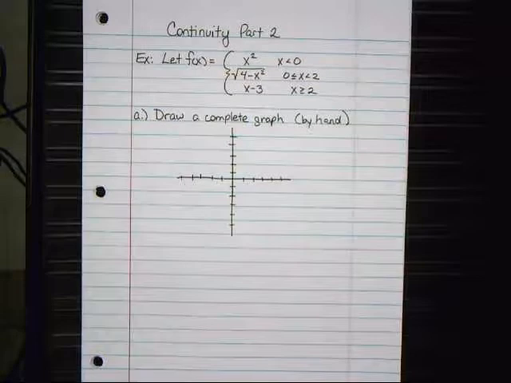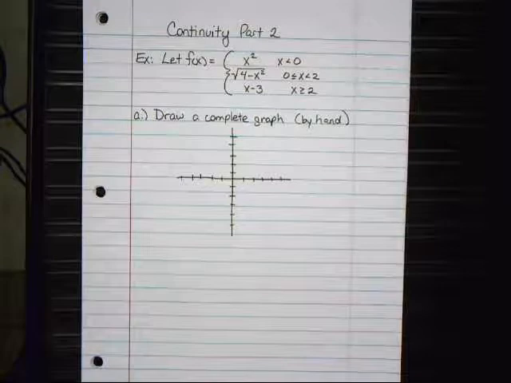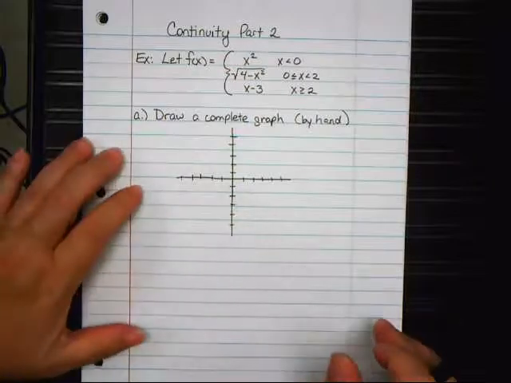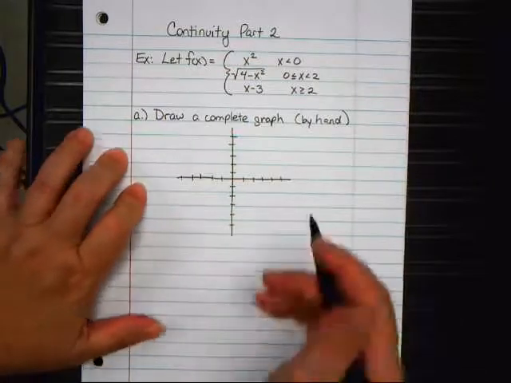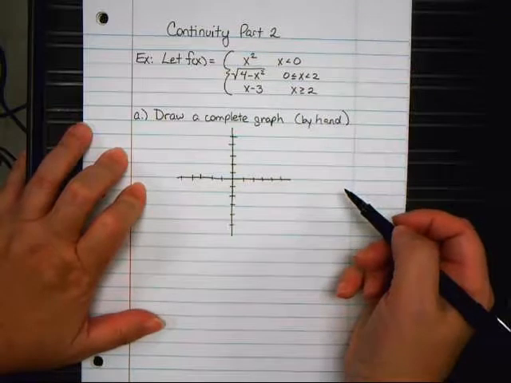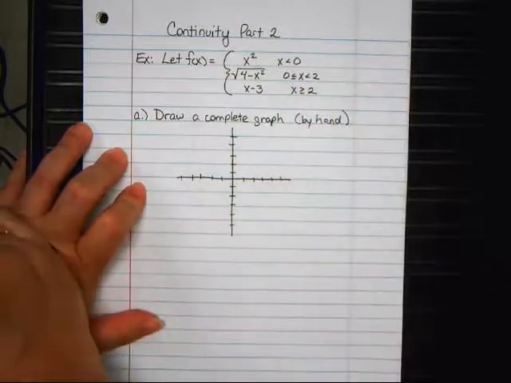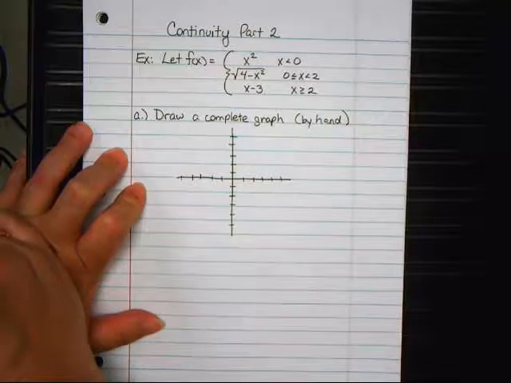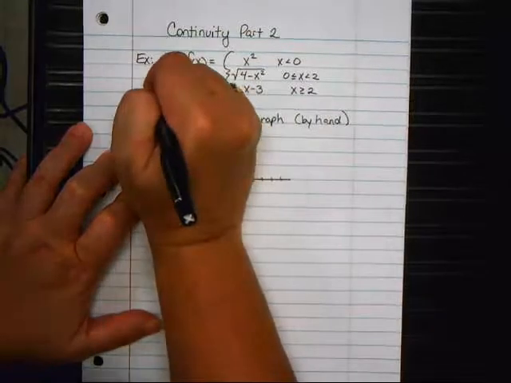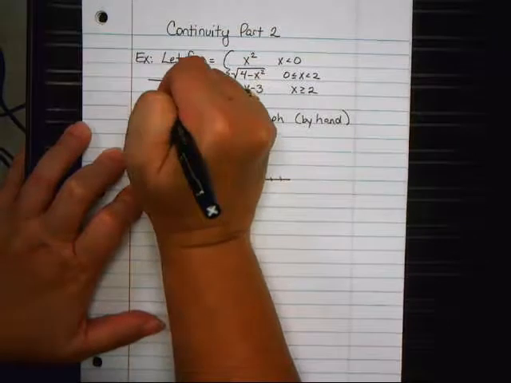We have used piecewise functions already this year, and the way we've used them is to find limits. We haven't really done much graphing. Now we're going to focus on the graphing, and we're going to use them to find whether or not a function is continuous. So, we're going to draw the little number line like we did before. What point should I put on my number line for this one? Where does it change from piece to piece? 0 and 2. So over here, I'm going to draw my number line, put 0 and 2,